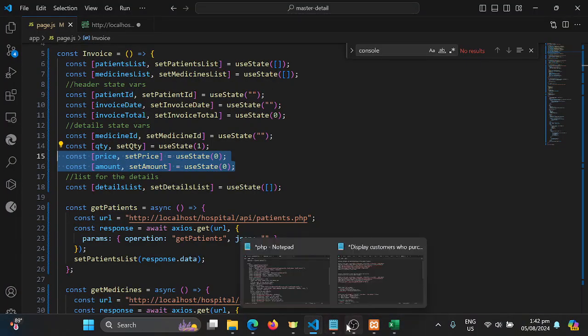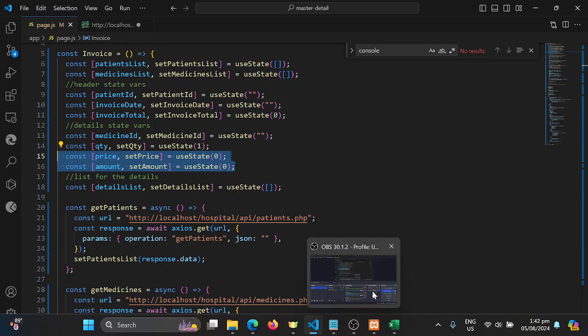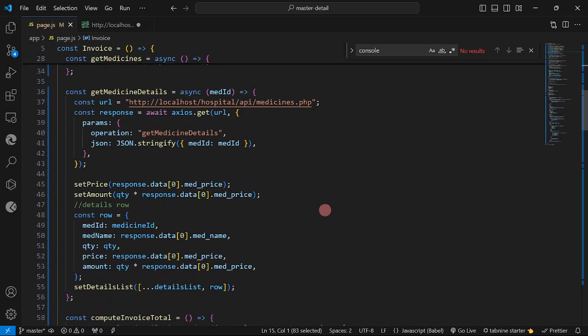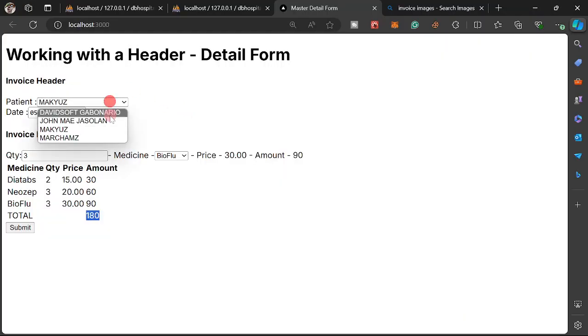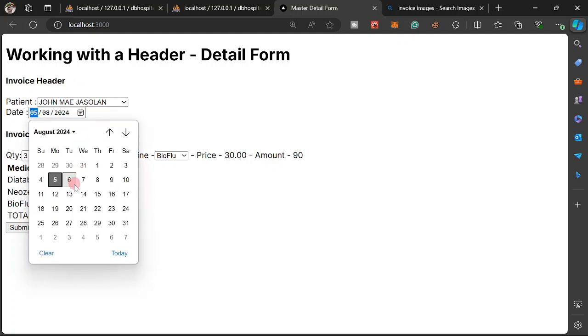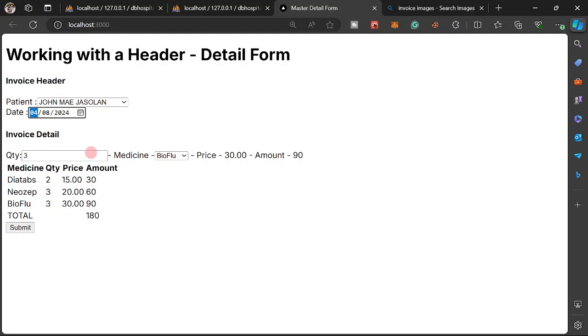Hopefully I'm still okay. No error. So next, the user is going to select for the header, select the patient and the date. I have no validations here, so take note. Then select the price, and take note of the events that are going to follow once the medicine is changed. When I click on Viagra,